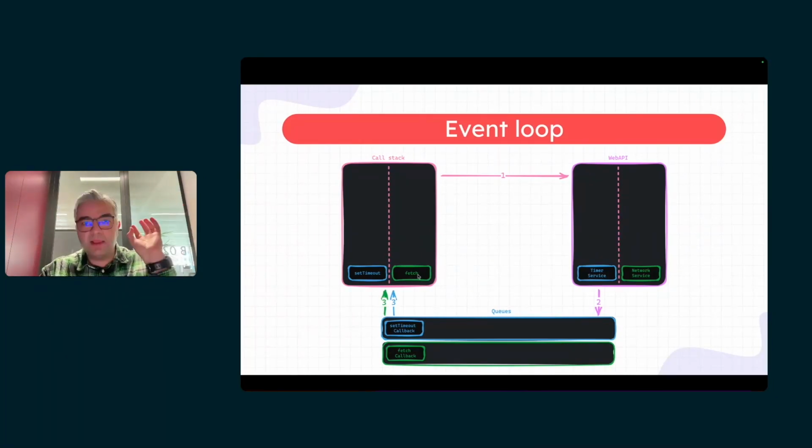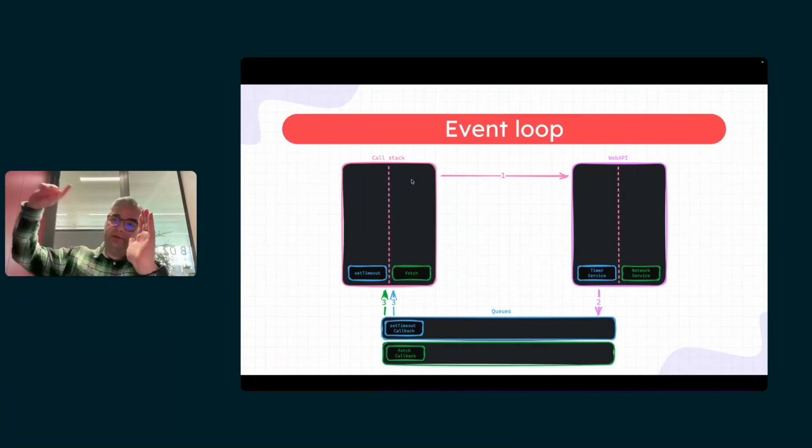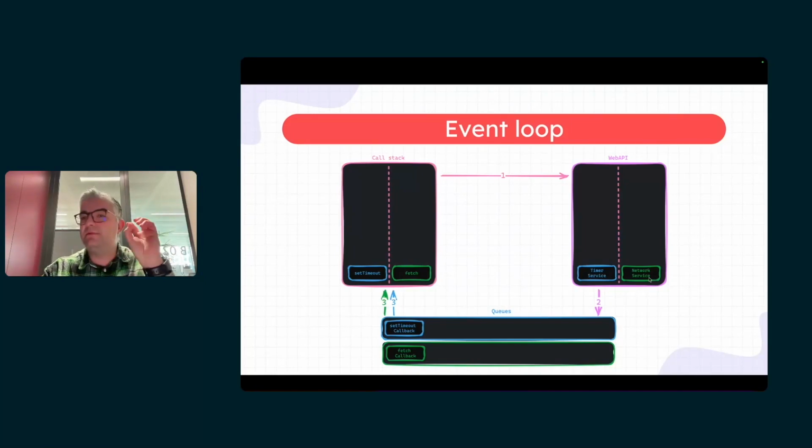So call stack is filled with fetch. Fetch sends a request to the Web API. Web API network service grabs it, runs the API call behind the scene, waits for the response. As soon as the response arrives, as you know, for all fetch functions, we have a then, right? The first parameter of then is resolve.